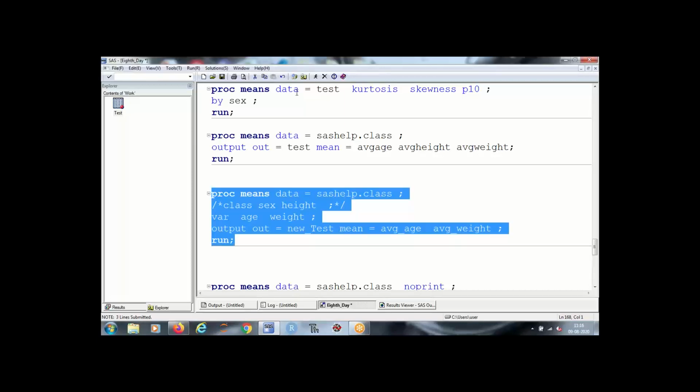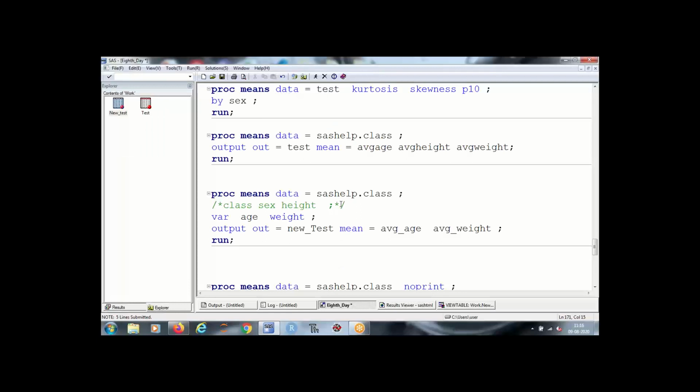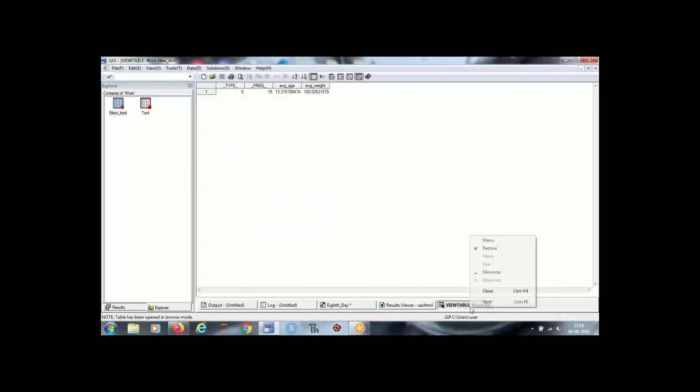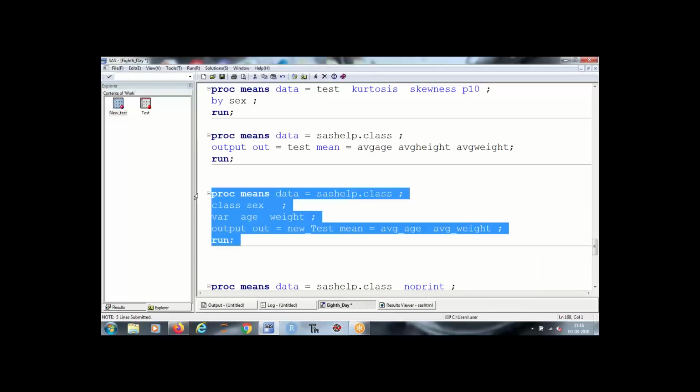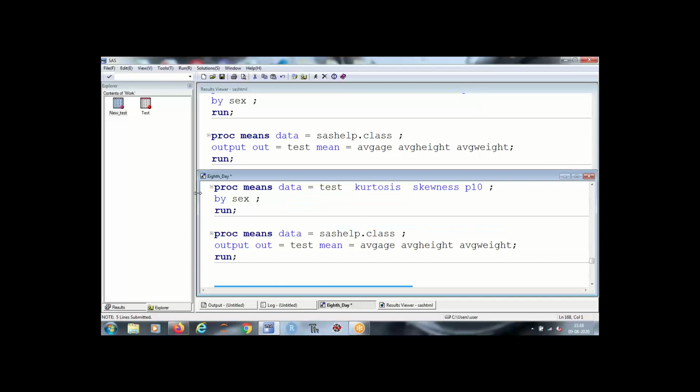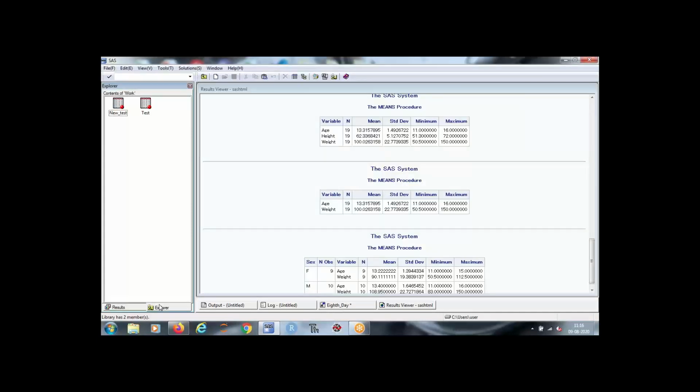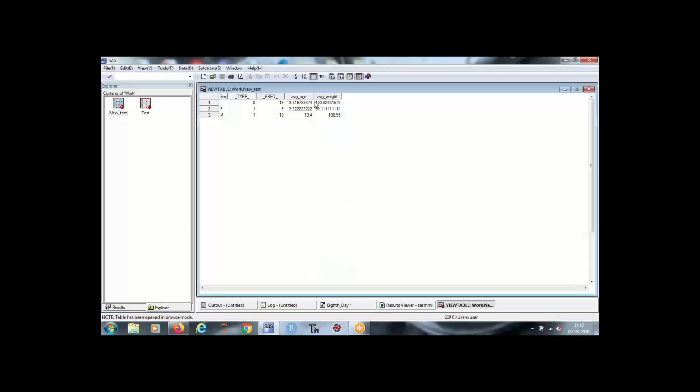Now, if you start classifying your data, do you see, you have first level classification, which means it is giving you average for all 19 observations, average weight for all 19 observations.